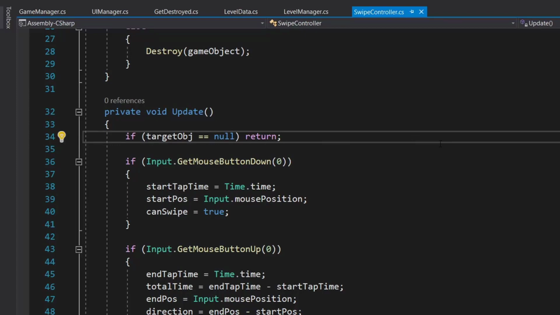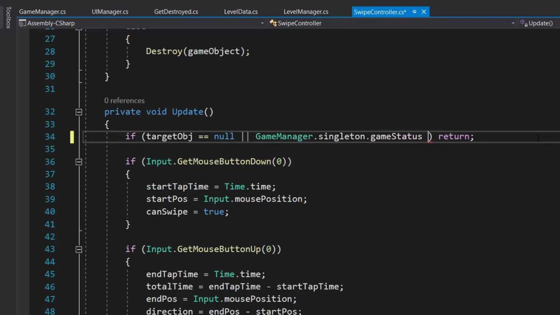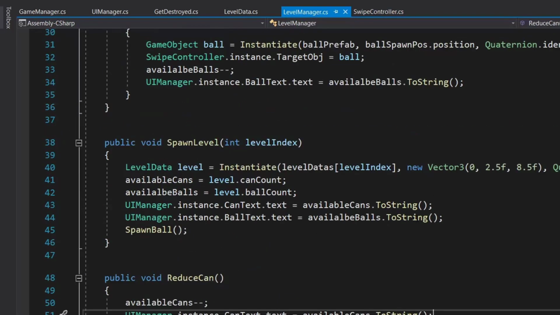So here we will check if GameManager.singleton.gameStatus is not equal to GameStatus.Playing, then also we will return. Now let's go to our level manager, and in level manager we have this SpawnLevel method.